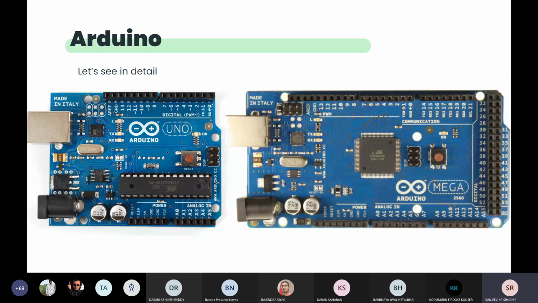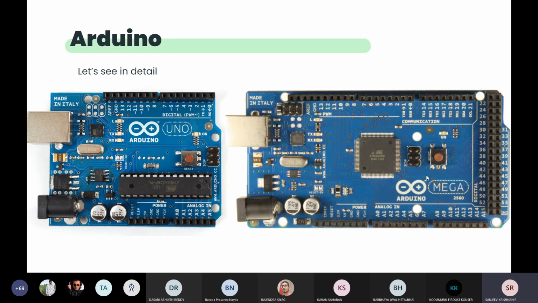So now, coming back to this, I'll tell you the pins in detail. Previously we saw a rough sketch. So this is Arduino Uno, I was mentioning this before, and this is Arduino Mega. Again, as I said, the main difference is the number of pins and nothing else. The voltage is 5 volts, the memory is the same, everything is the same.